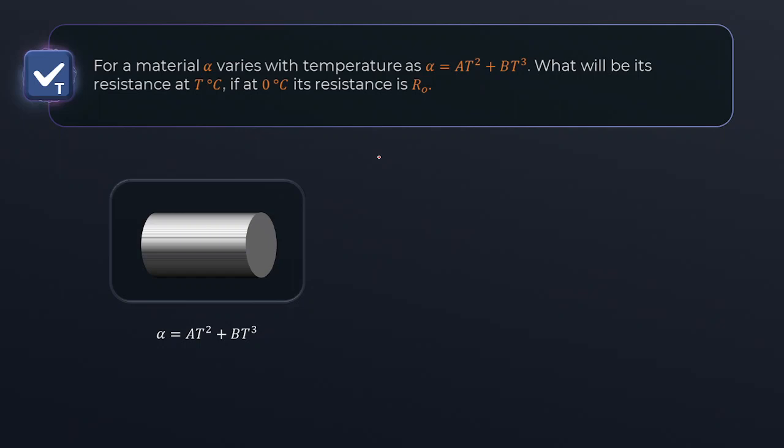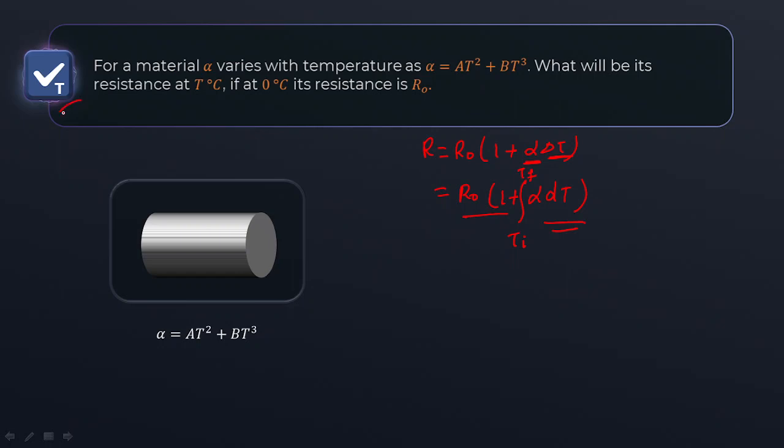How can we solve those kinds of questions? If alpha is variable, then what are we left with? We have R equals R naught into 1 plus alpha delta t, right? So suppose alpha is variable, then this delta t we have to take as a small value, so we can write it as R naught into 1 plus alpha dt, right? And then we can do the integration. These are constant only, so we do the integration from initial temperature to final temperature, right?